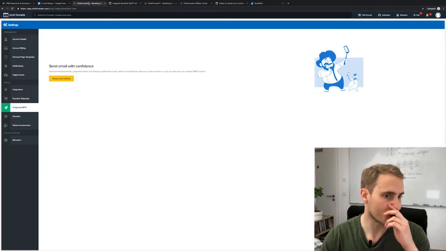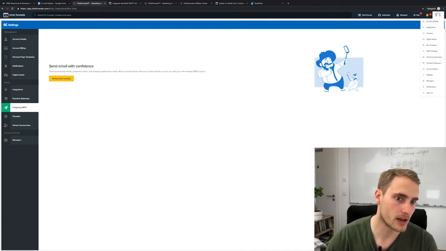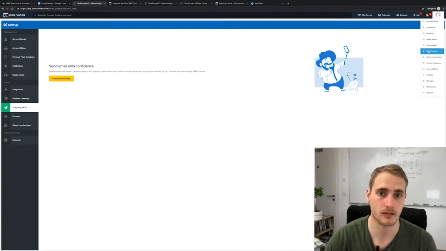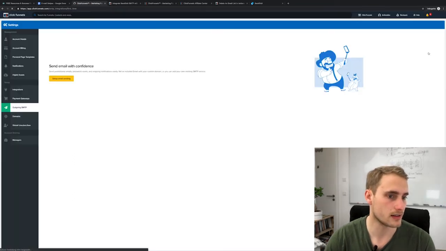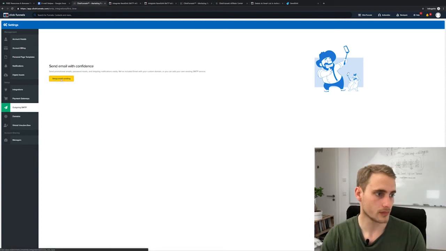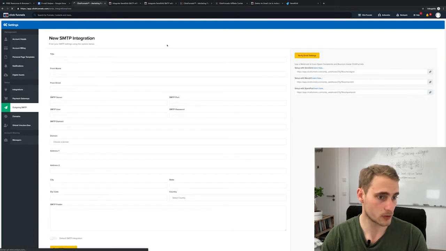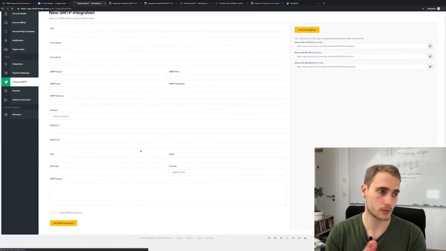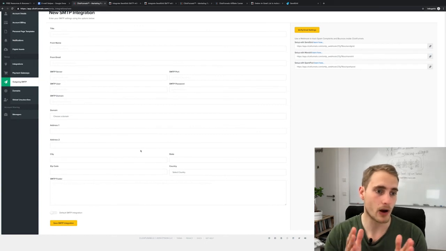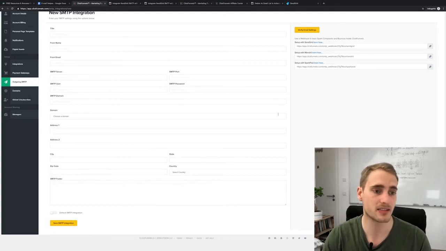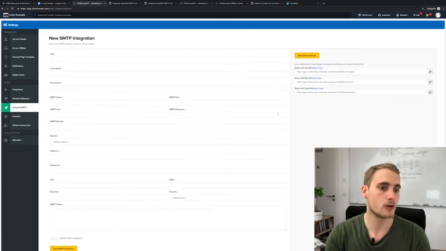So we're going to go to your account on the top side and go to SMTP settings. Click on that and you will see this page where it says send email with confidence. You're going to click on the yellow button saying set up email sending, and you will see a couple of forms that need to be filled out in order for ClickFunnels to communicate with SendGrid properly. Now, I could do this in a tutorial, and it would probably take me way longer than the tutorial that ClickFunnels did themselves for people who just get started with ClickFunnels and want to set up their email